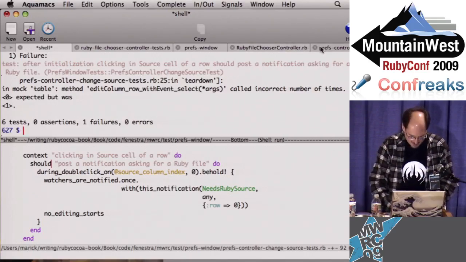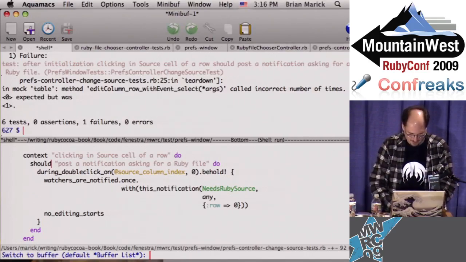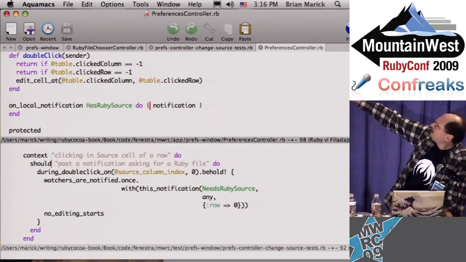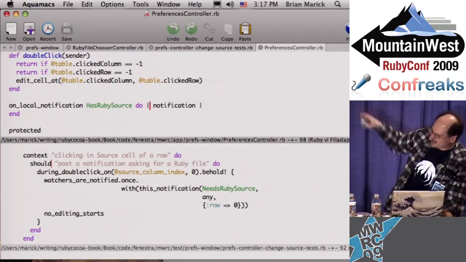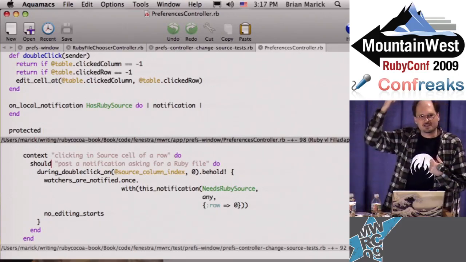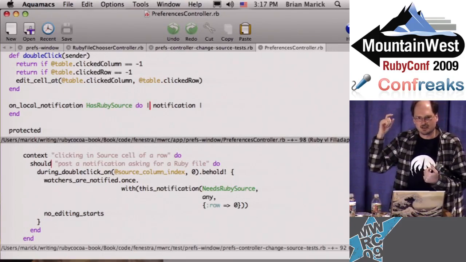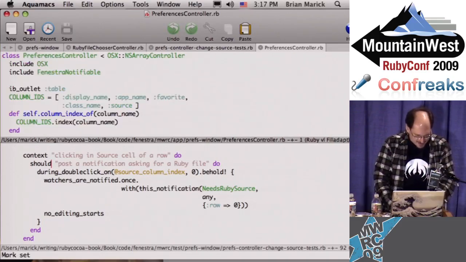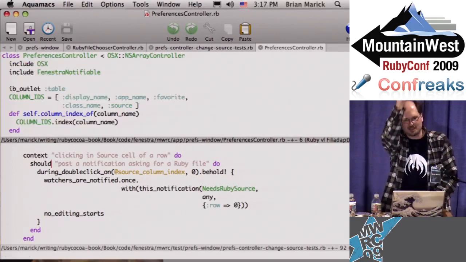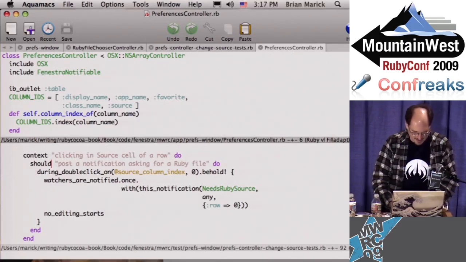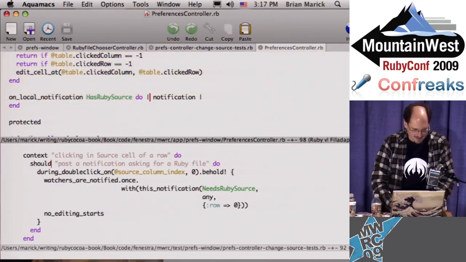That will be done by this method. So here's the double click method. Here's the code for everything I've already passed. Now I need to add a special case for the case where the table that's clicked was the source column. And there happens to be this thing, column IDs, that maps from column numbers to column names, so I'll use that. So I want to say here,